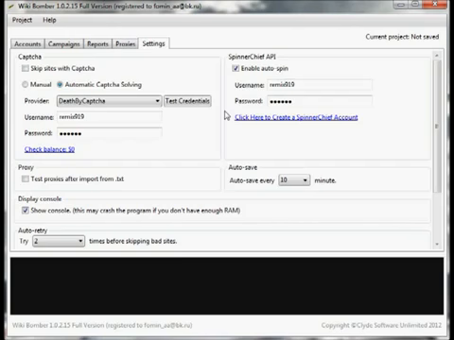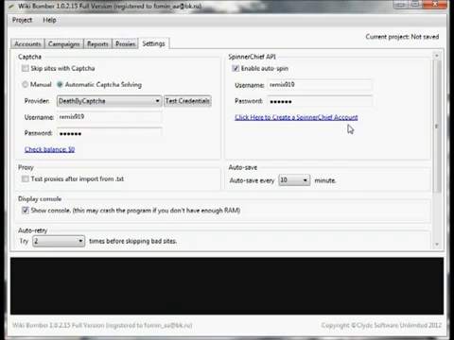Next, we have Spinner Chief, the API. What Spinner Chief does is it'll take words from an article and spin them using a thesaurus. So this way you get unique articles every time instead of just copying an article word for word. Now, if you don't have a Spinner Chief account, you can click right here to create one. An account is free. However, free accounts are limited to only 20 queries a day, whereas if you go pro,